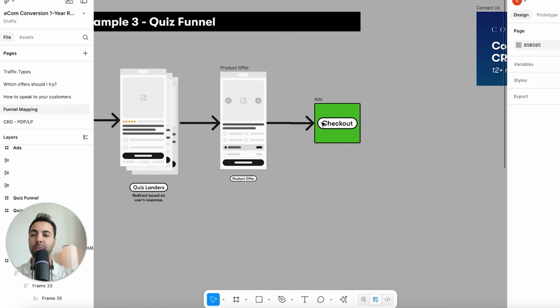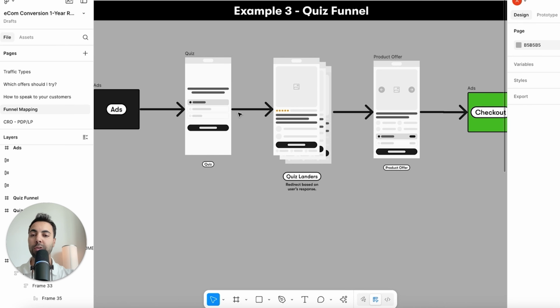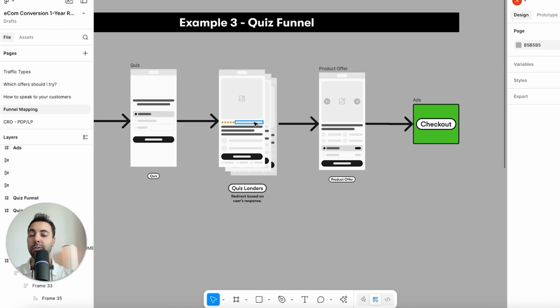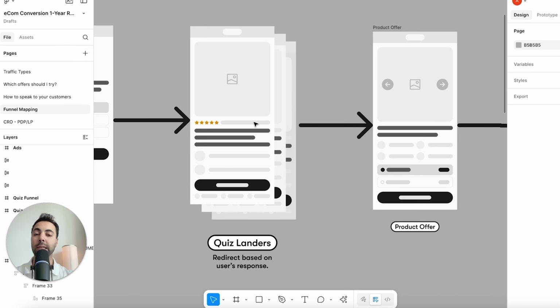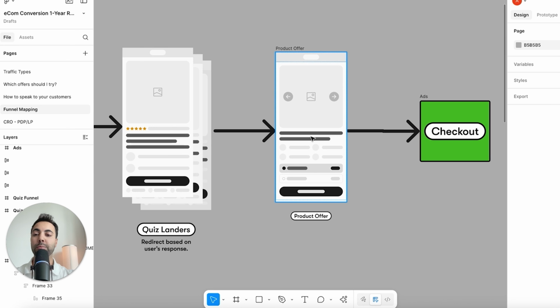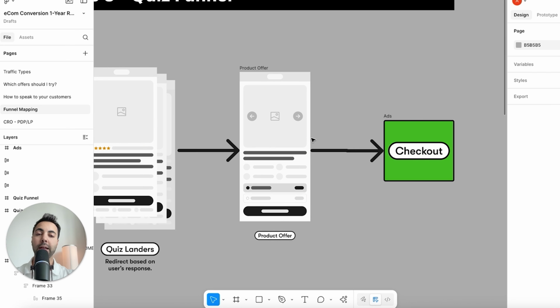So you see there's a lot more education. There's more steps involved in the quiz funnel, but this has been a really unique funnel. And this is something that more brands have been asking for us lately, especially in the food space, especially in the supplement space, health and wellness space, where there really needs to be more education, and you really want to see where the customer is at and just meet them where they're at. And then of course, providing them with the best offer you can, and then straight to checkout.